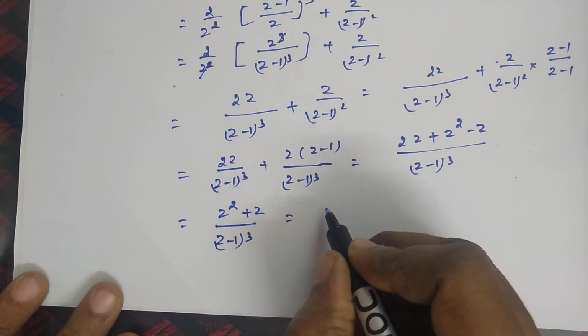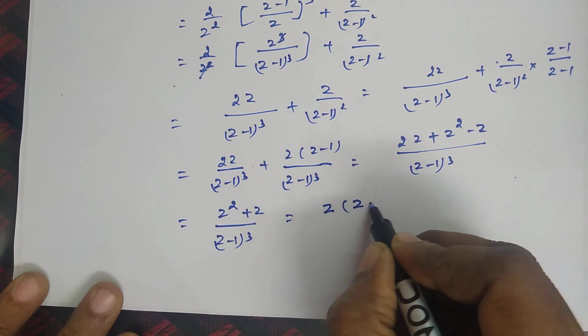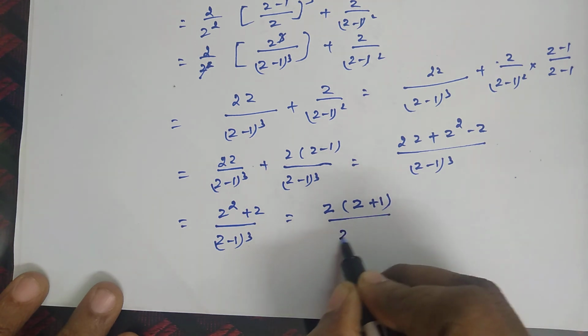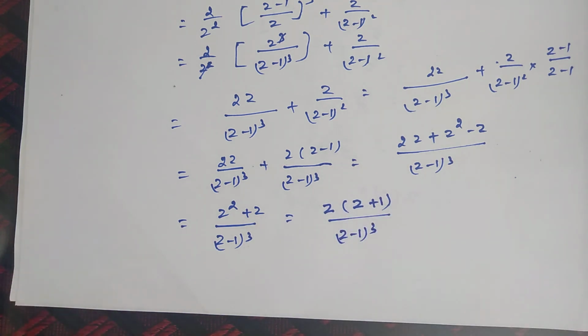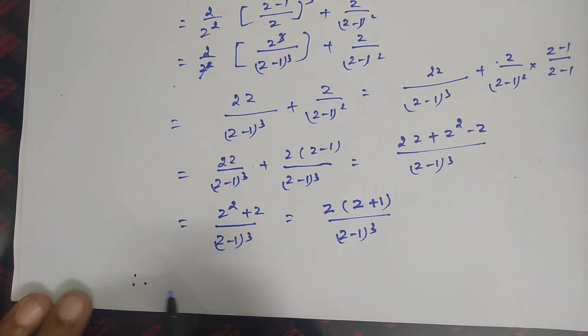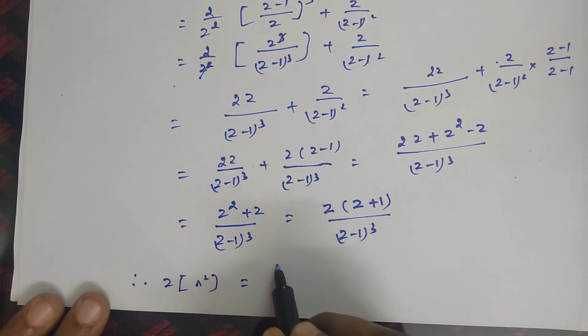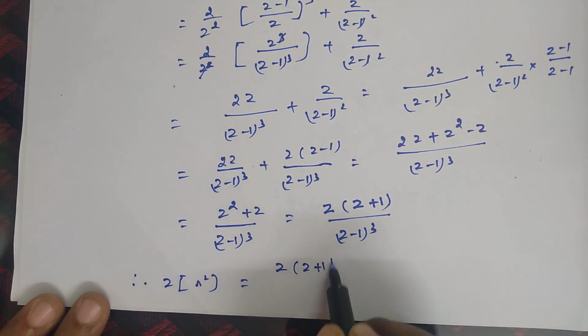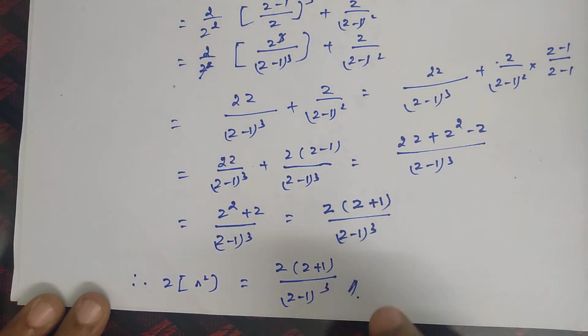In this also we can take the z outside. So z plus 1 divided by z minus 1 the whole cube. I hope there is no other simplification. So we can stop up to this. What is our left hand side? Left hand side is the z transform of n square, equal to z into z plus 1 divided by z minus 1 the whole cube. So this is the answer for the z transform of n square.